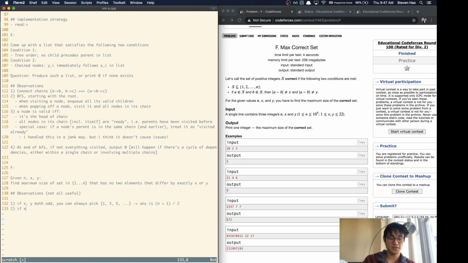And 2, if x, y not both odd, there is no equivalent trick. And 3 is the answer is always like O of n over 2, upper bounded, O of n over 2,